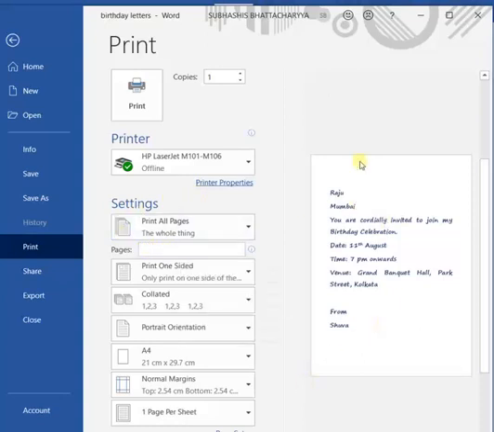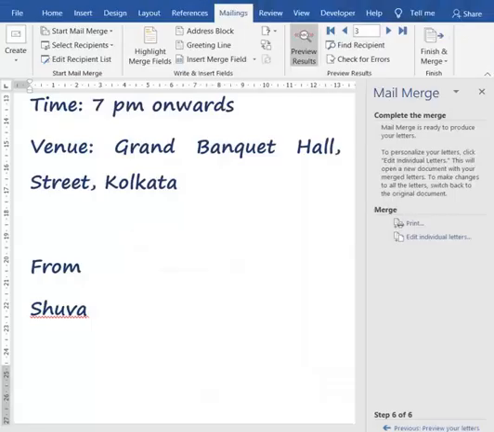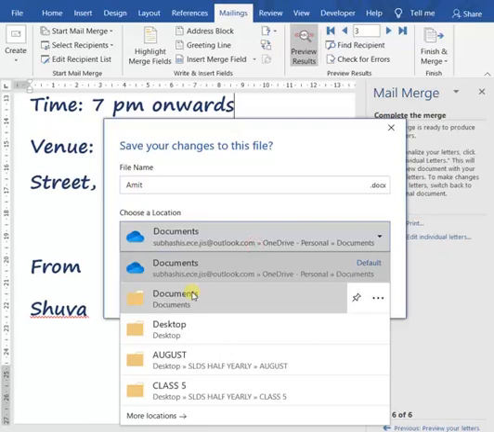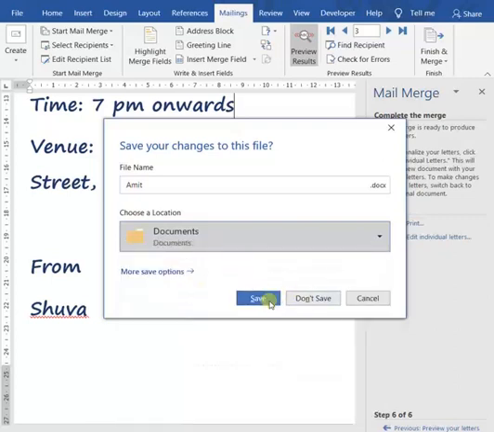So this was our mail merge letter. Now we can close the main document. It will ask you to save. You can save it as main document.